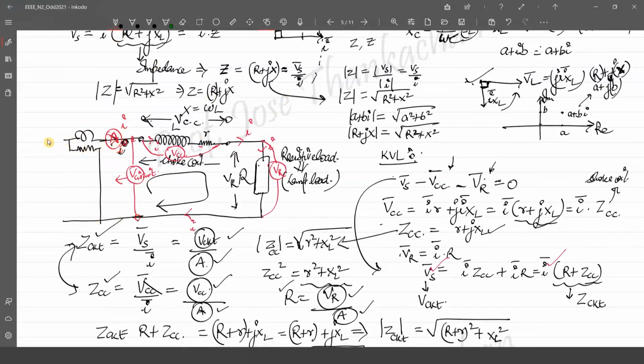So in your electrical workshop, you might have drawn the symbol of a wattmeter in experiment number 1, isn't it? So this is known as a wattmeter. It has two coils. One is a current coil and the other one is a pressure coil or a voltage coil. Now this wattmeter current coil is always connected in series with the load through which you want to measure the power. You can see here, this is the current coil. It is connected in series. Whereas the pressure coil or the voltage coil is connected parallel to the circuit.